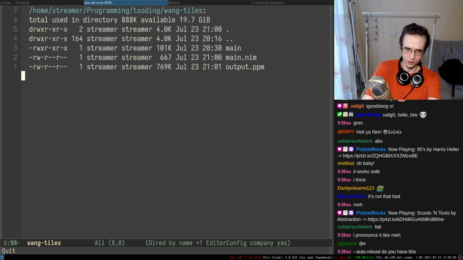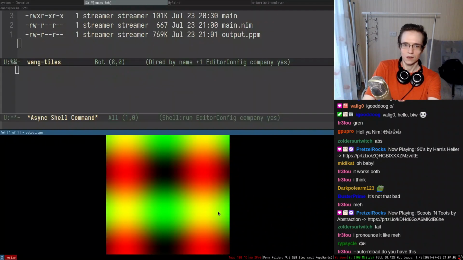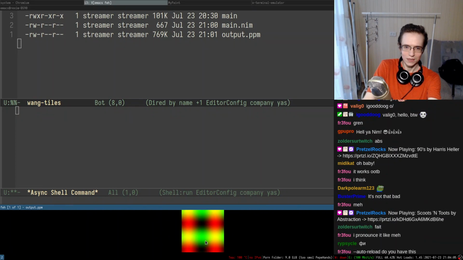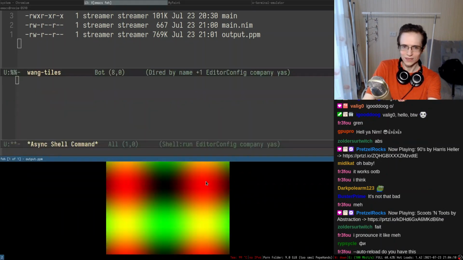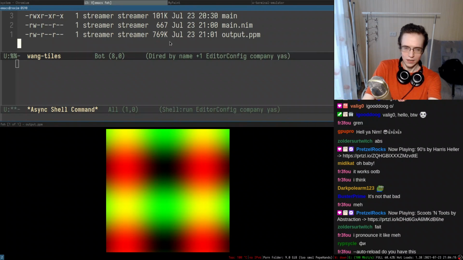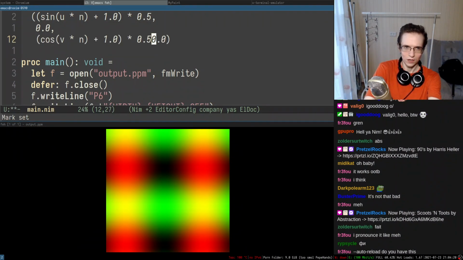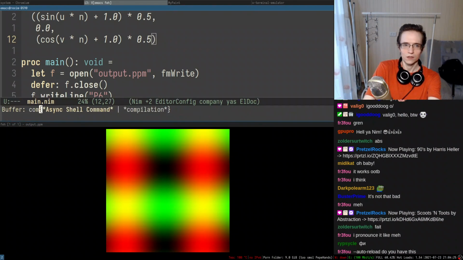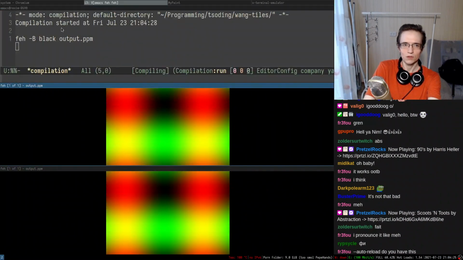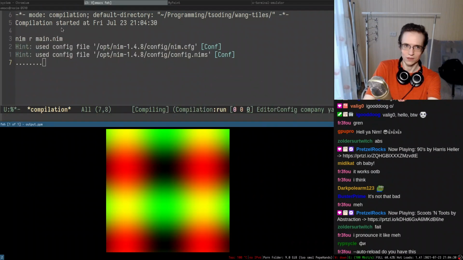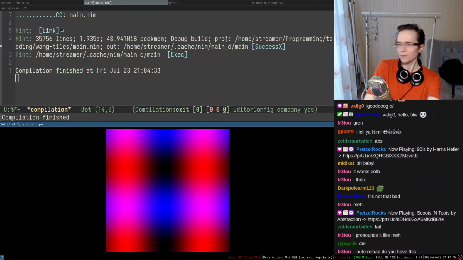First of all, I'm going to grab this entire thing and run it in here. There we go. Then I can split my screen like so. Can I actually make it smaller? Right, because I want to be able to see this. Now if I have some stuff in here, for instance, I want to modify this thing like that. So now we're going to have something like this. Where is my compilation mode? This is not what I wanted. I wanted to rerun my thingy. And now I press R, so I can actually reload everything automatically.